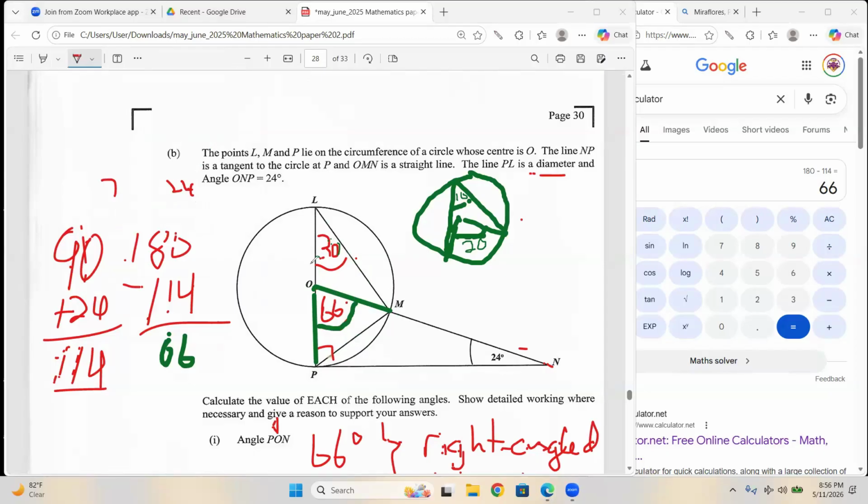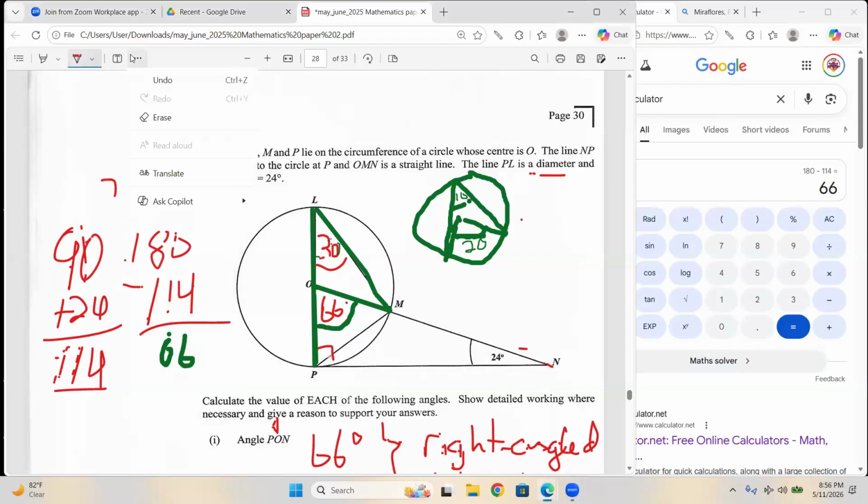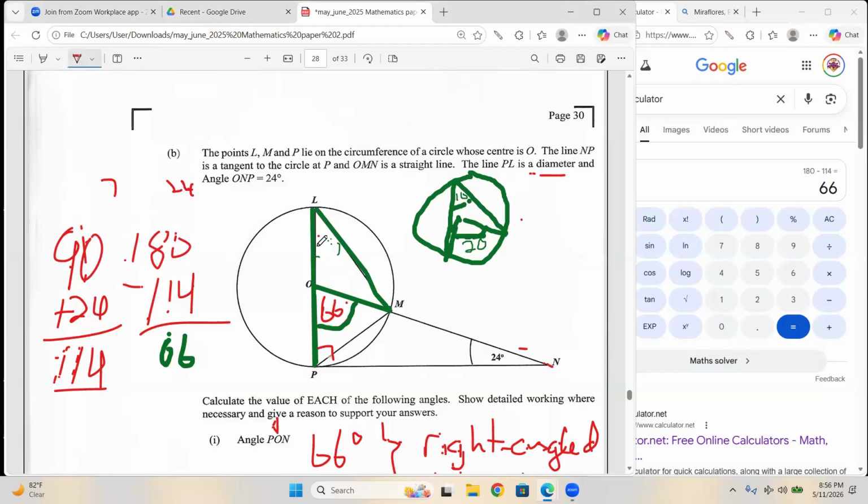Now, this other angle, how do they connect? Do we have two chords? From P to L is a chord. From M to L is a chord. So the angle at the circumference, why did I put 30? It says 33. The angle at the circumference is half the angle at the center when they